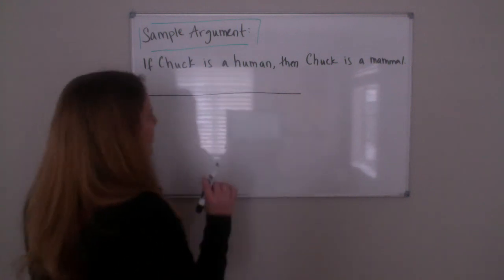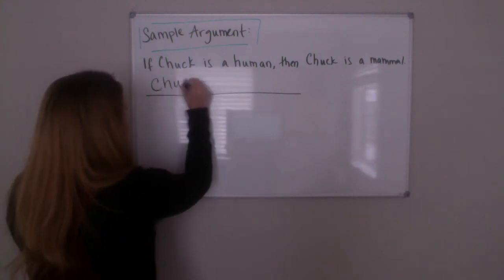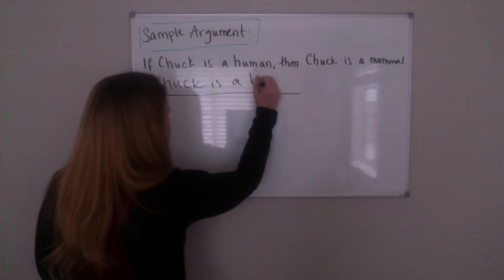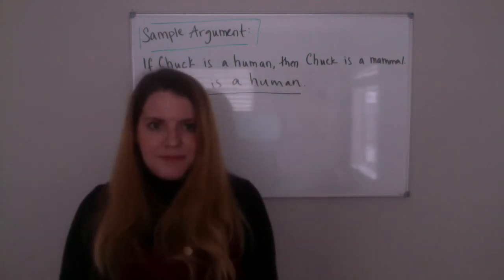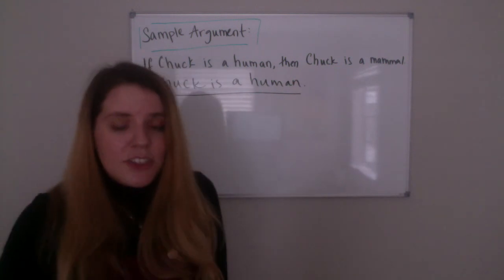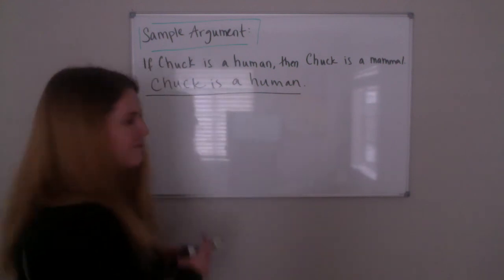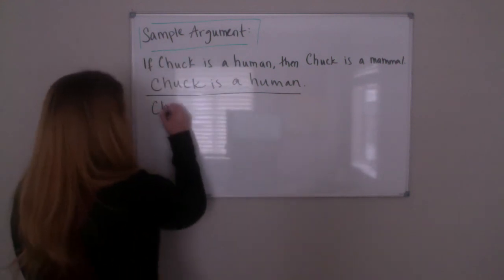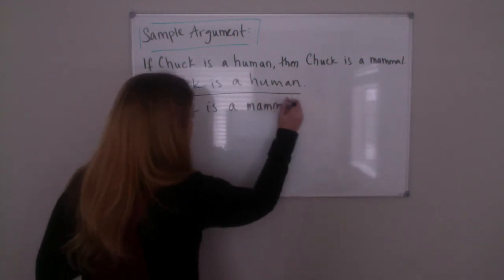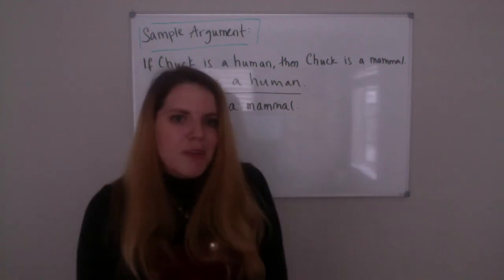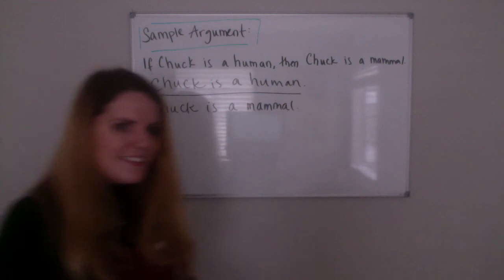So we'll say if Chuck is a human, then Chuck is a mammal is one premise. And we'll say Chuck is a human. That's our second premise. Awesome. So what should our conclusion be? Our conclusion should be, therefore, Chuck is a mammal. And it's not arbitrary that I decided that that should be our conclusion. In fact, if you look at this, you'll see that